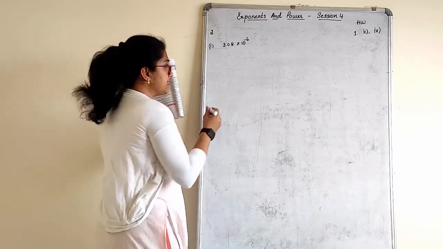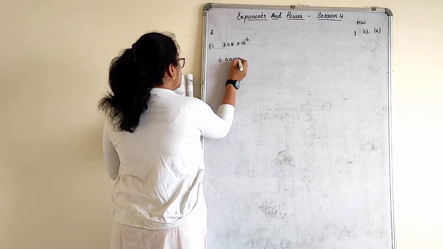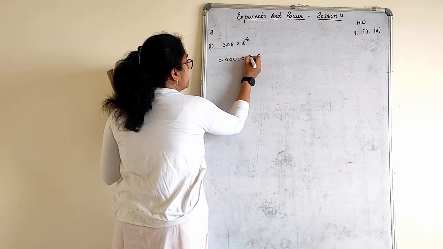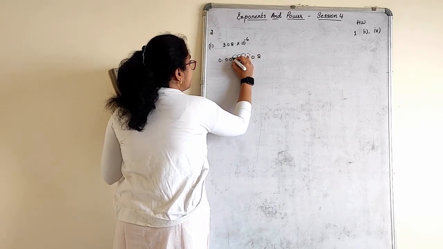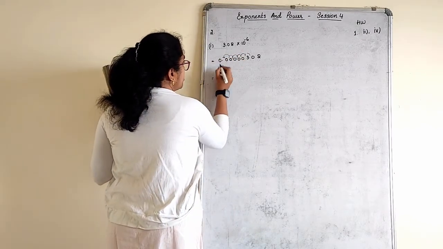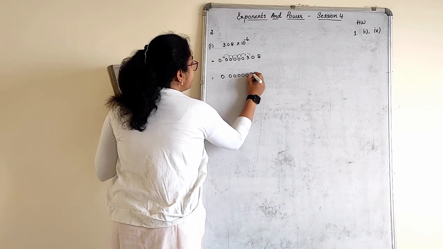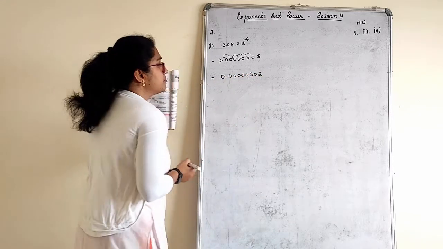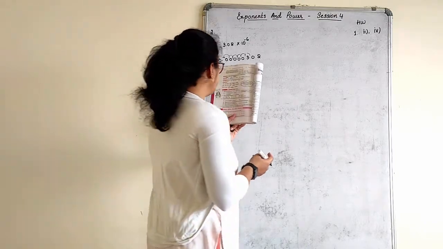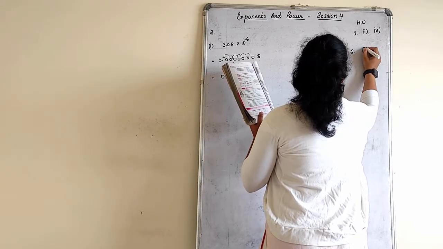Shift the decimal 6 places to the back, right? So 0.00000302. If I count from here, 1, 2, 3, 4, 5, 6, right? So just for your clarification, I have done it neatly. I will write once again. 1, 2, 3, 4, 5, 302 is the answer. Just shift those many places back or those many places front. The second one is for homework.